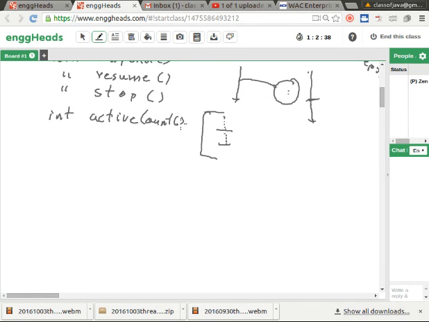Returns int. How many threads are currently active? Okay, active count. Fine. We don't have a direct way of saying, give me all the thread objects. It doesn't have a method to straight away return the thread objects which are under a particular thread group. But what we need to do is look at the active count and then allocate an array of our own, pass it as a parameter to a method called